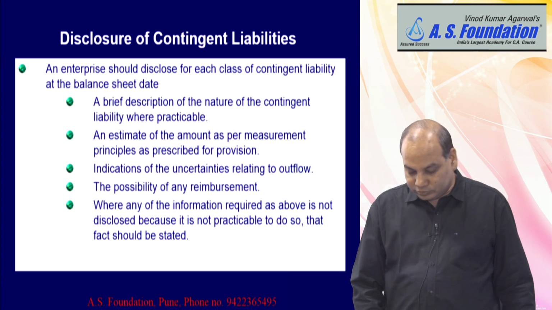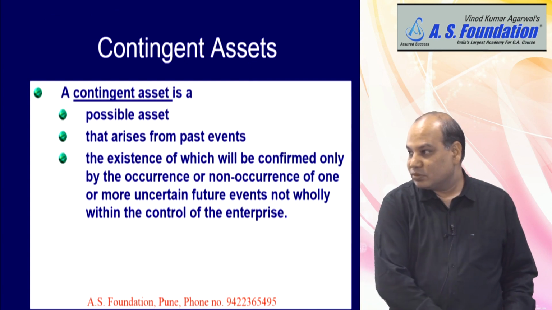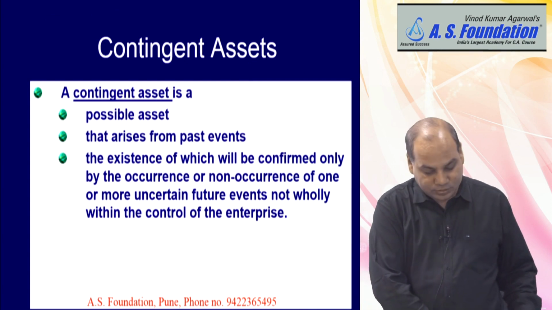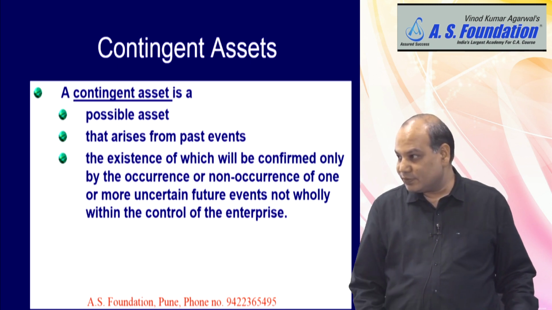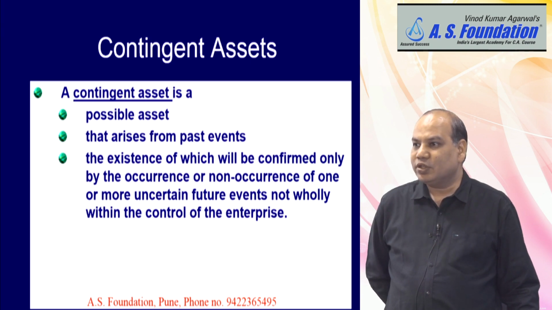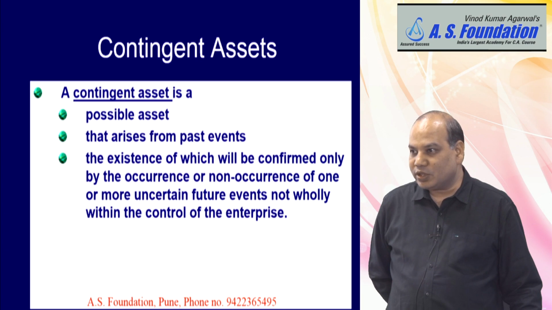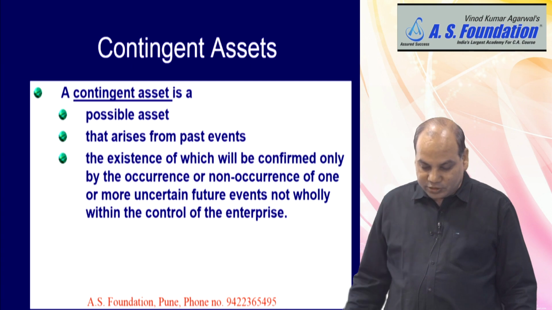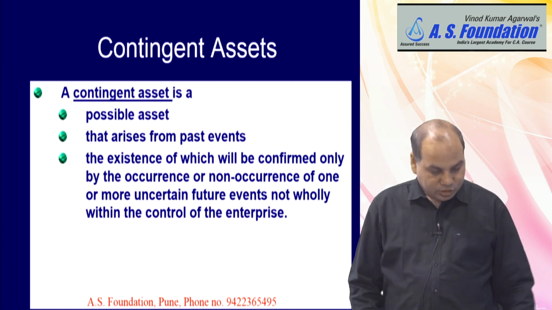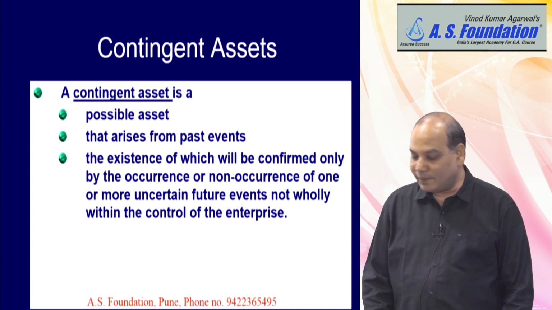Is it right? Like generally in case of court cases, they do not give full information. Why don't they give full information about court cases? It may go against the company itself. It may be some sensitive matter. So therefore they may not like to disclose it in the annual report because it becomes public information now. Certain information about the company may be sensitive, therefore they may not disclose it. Then you just have to make a mention that because of the sensitive nature of the information, it has not been disclosed as per AS 29.